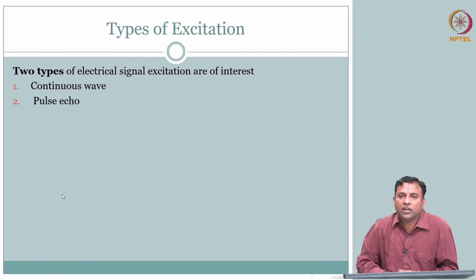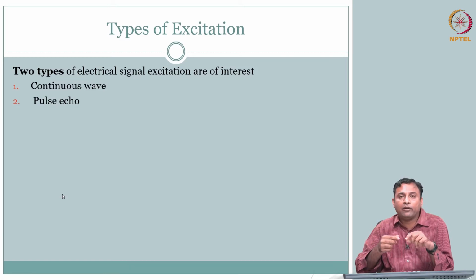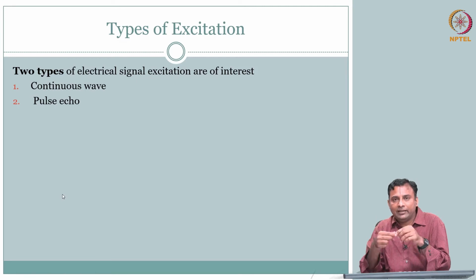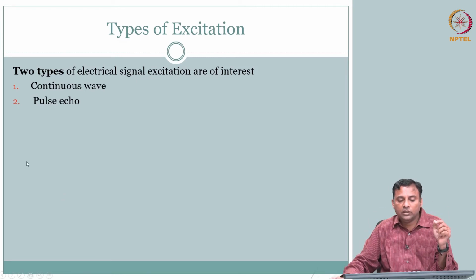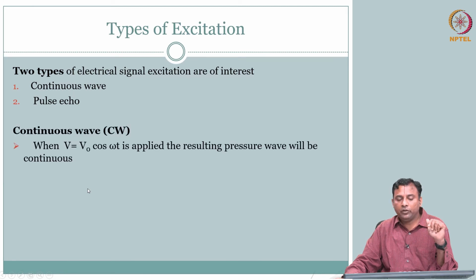Okay, so then we talked about converting. So there were electrodes, if you see, right? There was a crystal, you had matching layer, and then there were electrodes. So electrical signals of interest, right? How do you excite it? So you can do two ways. You can get continuous wave or pulse echo. Two operations are possible, meaning you can continuously excite.